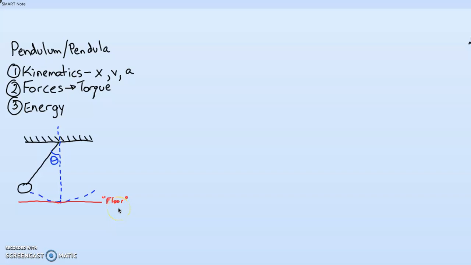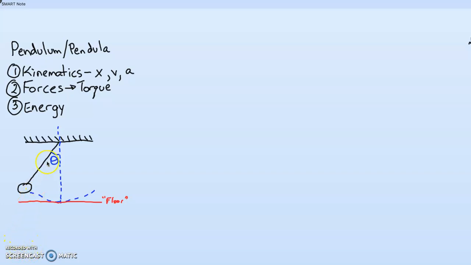Hello. Today we have our final topic in mechanics, pendulum, or pendula for the plural. And we'll look at kinematics first, just a quick review of that. And by the way, we'll be changing to angular quantities because a pendulum twists through an angle theta as it swings back and forth. Then we'll look at forces, which again, because it's twisting through an angle, means that it